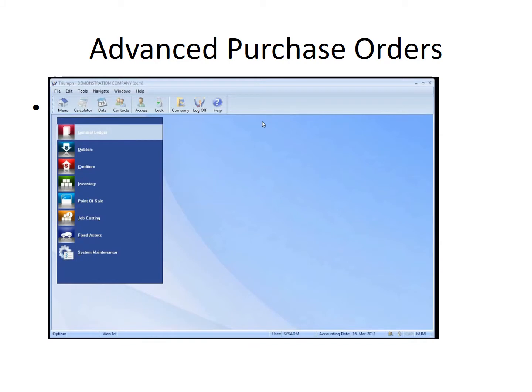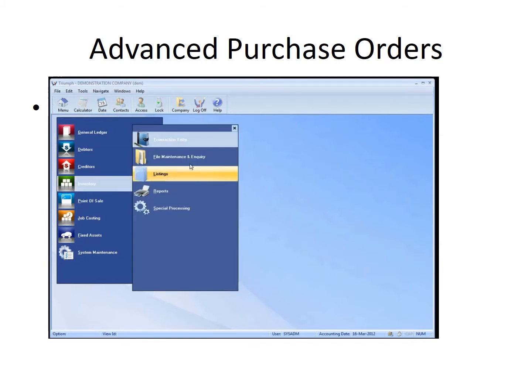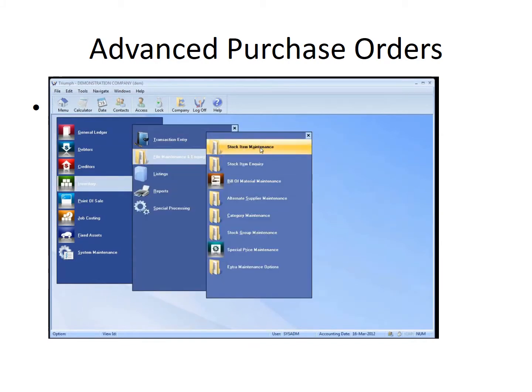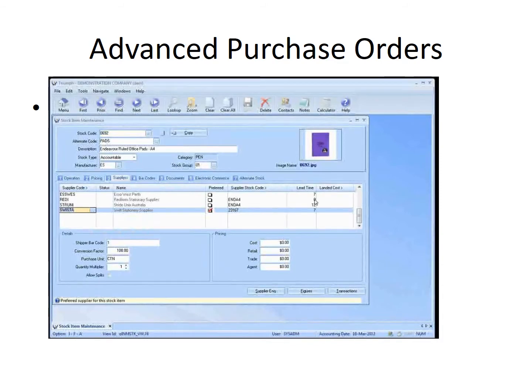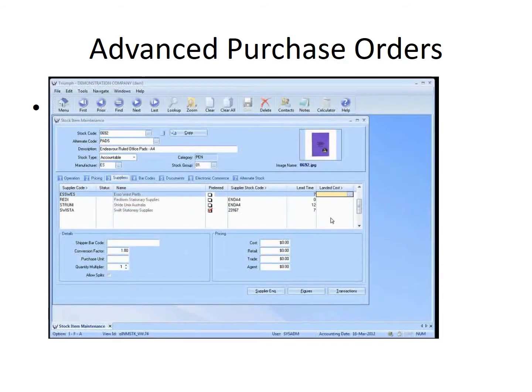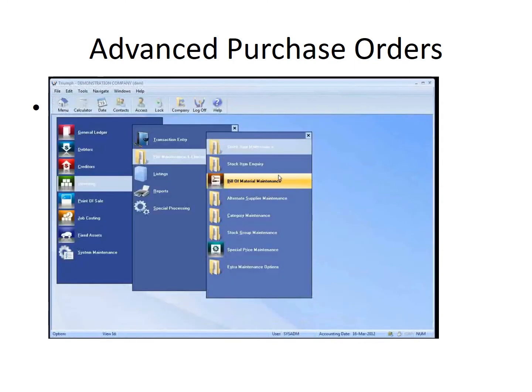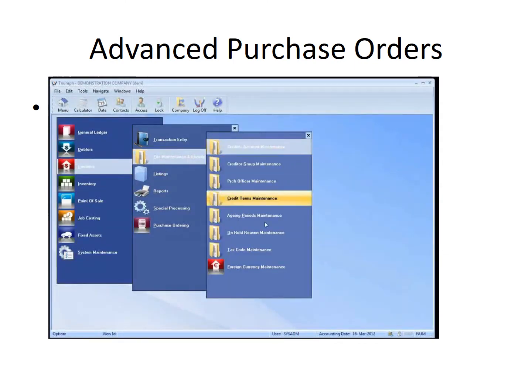Some of these we have looked at previously, but if we look at some of the simple ones, the first one that comes in is under stock item maintenance. If you pull up a stock item under suppliers, there's the landed cost function. In the inventory training, there are some areas covering landed cost, but that is actually covered with purchasing under the advanced purchasing area. If we look in creditors, there's also